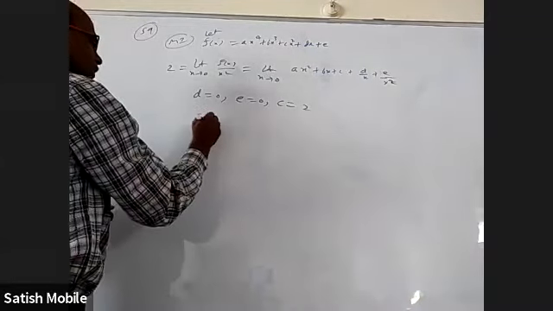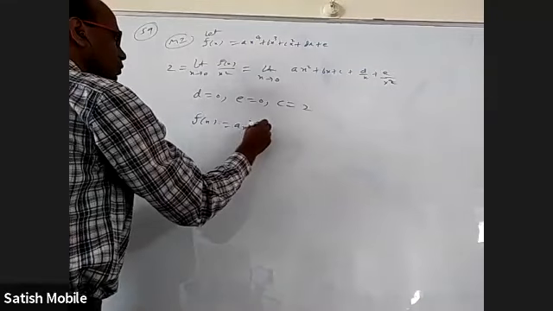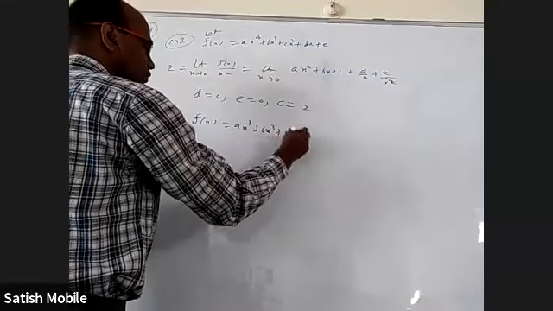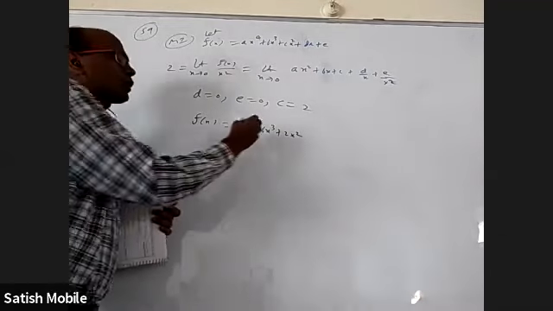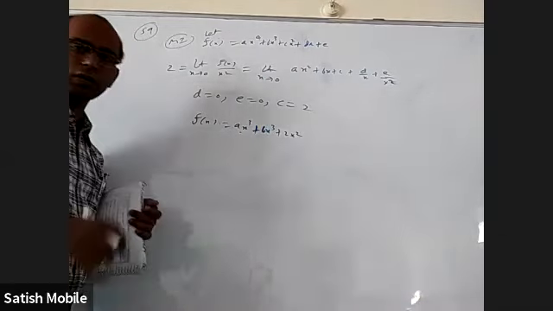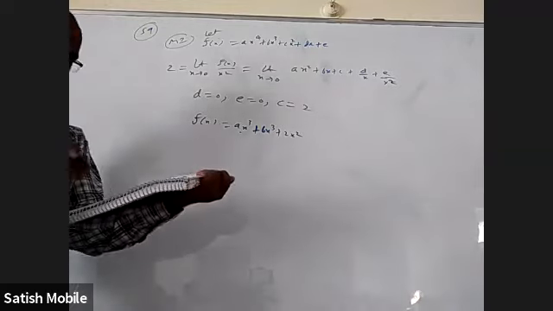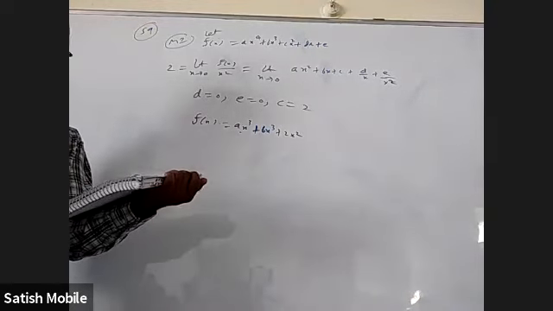So what is my f of x? Ax power 4 plus bx cube plus 2x square, with no x term and no constant term. Now I have only two unknowns, a and b. Instead of 5 unknowns, now it is only 2 unknowns. To find them, they gave that the derivative is 0. Extreme values at 1 and 2 means at those points the derivative is 0.